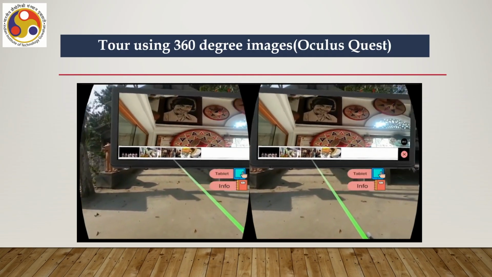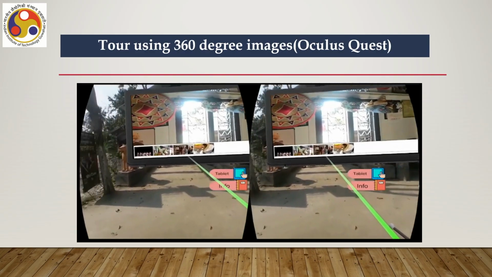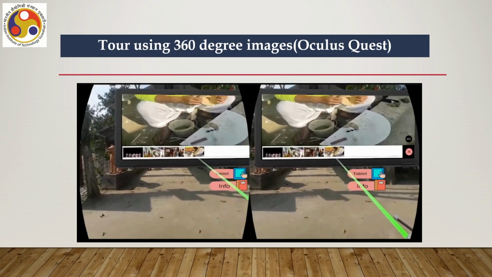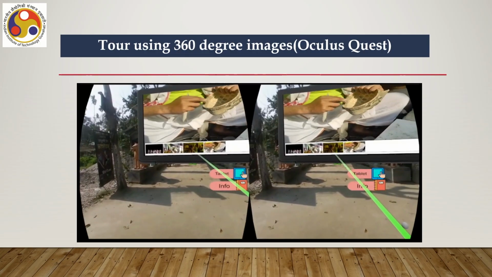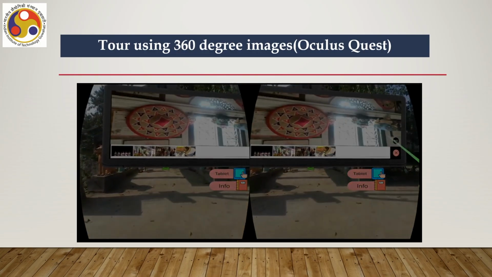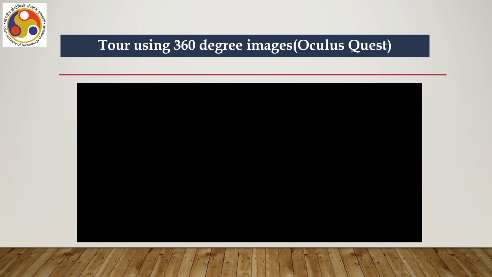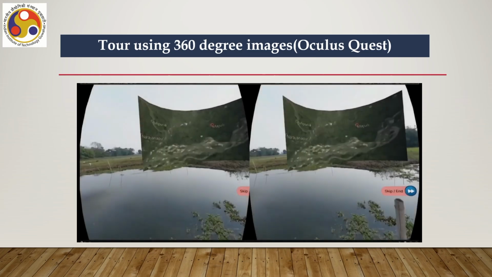So, at different points, different cultural videos are to be experienced, and also different activities can be experienced. This is the implementation for Oculus Quest using 360-degree images and the cultural videos as well as 360-degree videos. Our next